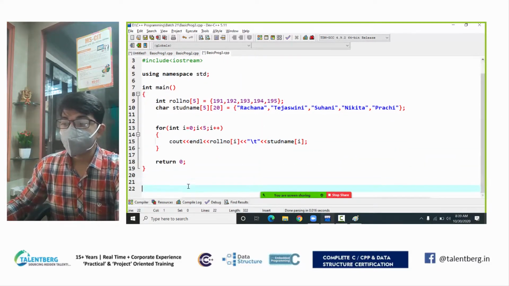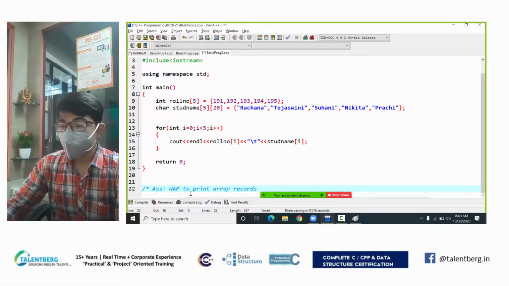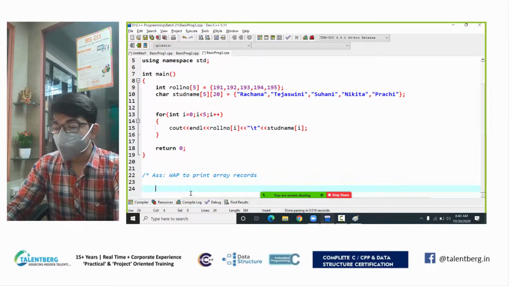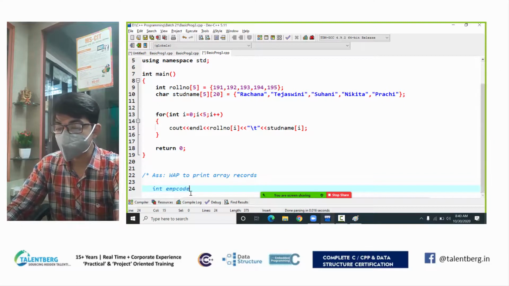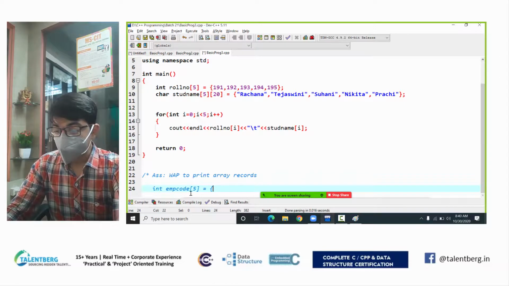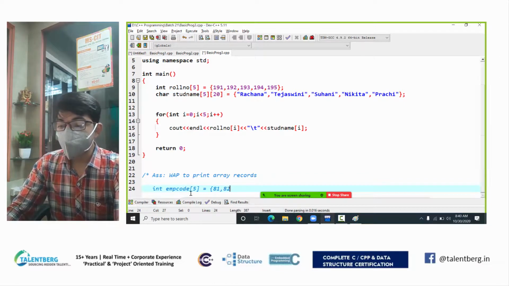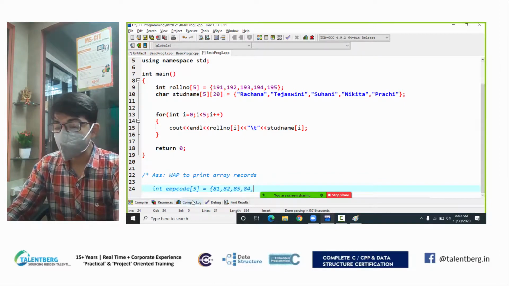Now if I give you one small task, write a program to print array records. So I give you an array, you declare one variable called integer employee code, and in the box bracket I type 5. I give you some records, let's say 81, 82, 85, 84 and 87. So they are the records.